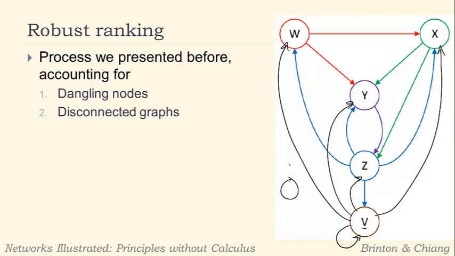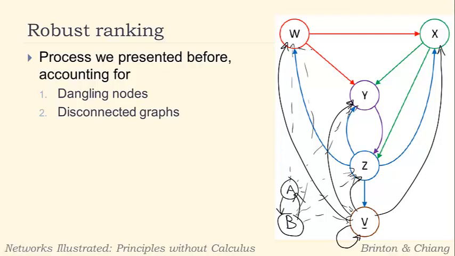Additionally, there's no disconnected components here, but if there was one disconnected component, maybe we could assume that there's nodes over here like A and B, for instance, and if they're connected to each other, going back and forth, then that other randomization aspect would basically connect them and have a pseudo connection to each of the other guys by that randomization, and say that there is a way to get there, but you have to go through your browser, or the random surfer has to go through his browser to get there in our analogy.